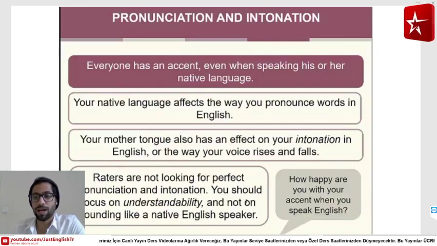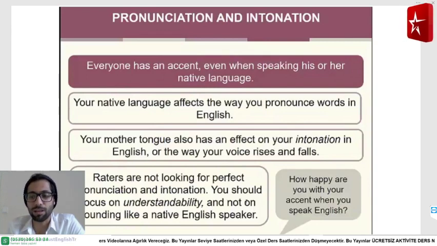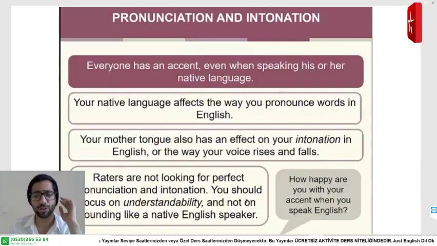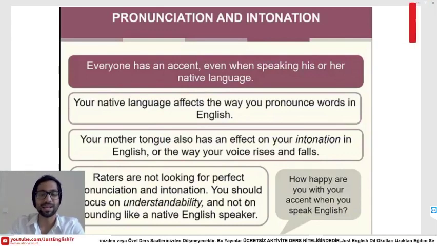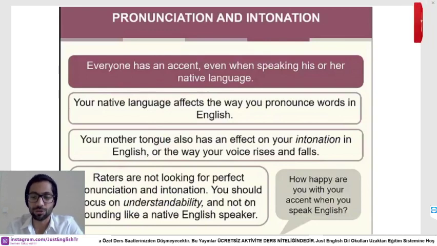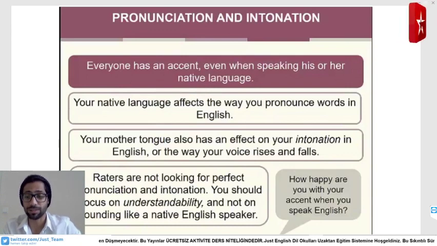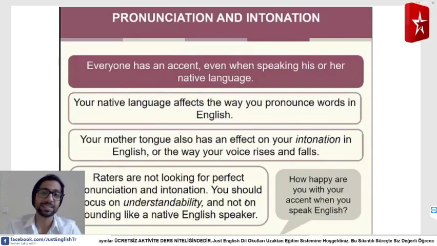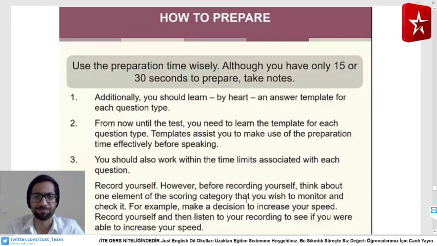So as now we have 13 live students, can you tell me, do you like your English accent or you don't like? Can you write me down? Tell me about your English accent. Is it British? Is it American? Is it Australian? Or you don't have an accent? Or you want an accent? Or what do you think? Write me down.